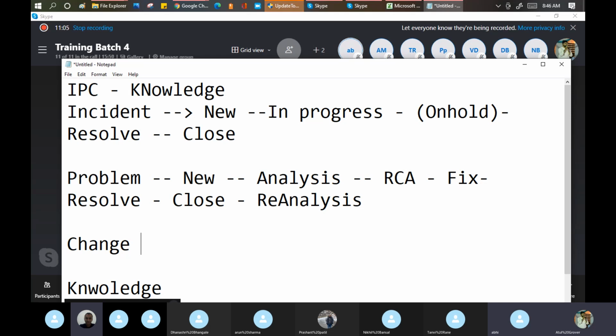Tanvi has a bike or scooty, something, and that scooty is giving a problem now. First it was an incident, then it became a problem. Tanvi goes to the mechanic and asks, brother, what will be needed?